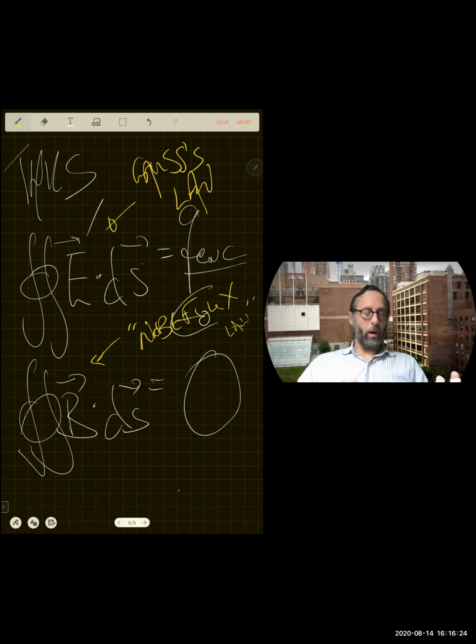The second one is really called Gauss's law for magnetism, but I call it the Nobi Flux Law, meaning Nobi